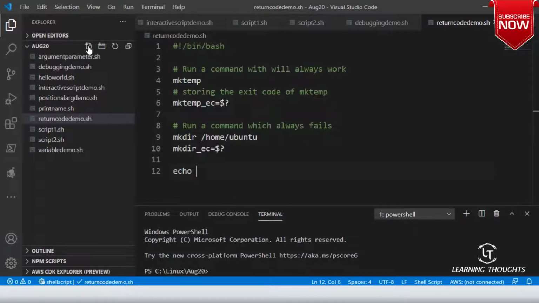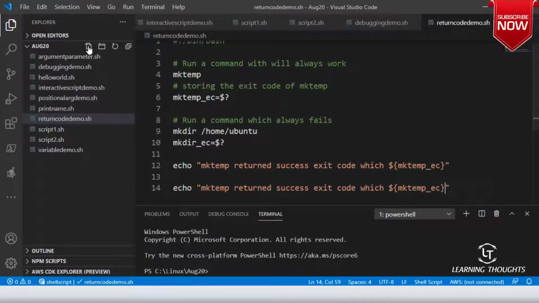Now let me write an echo statement: mktemp return success exit code, which is dollar mktemp_EC. And mkdir return failure exit code, or error exit code, whatever makes sense to you.